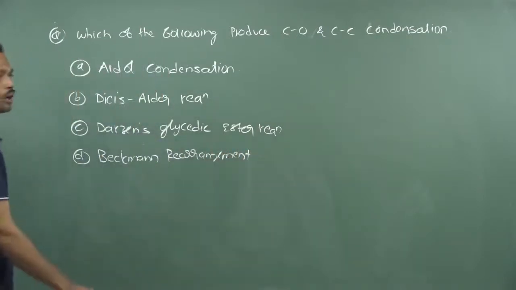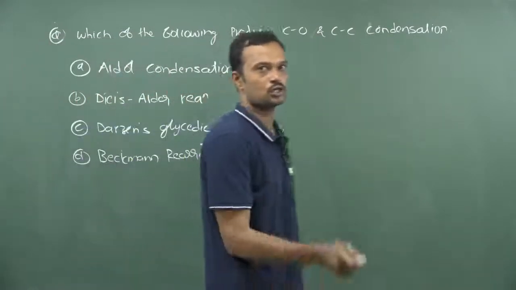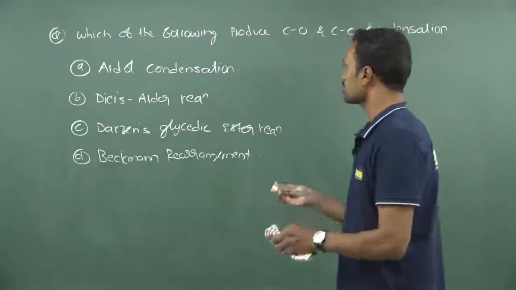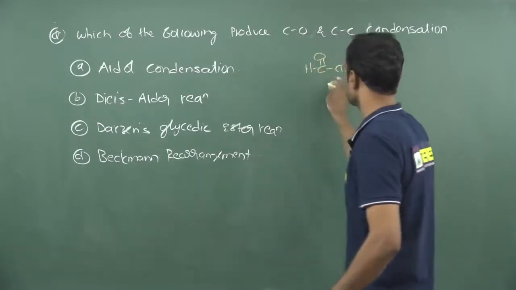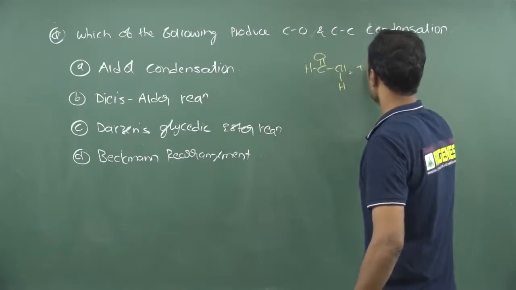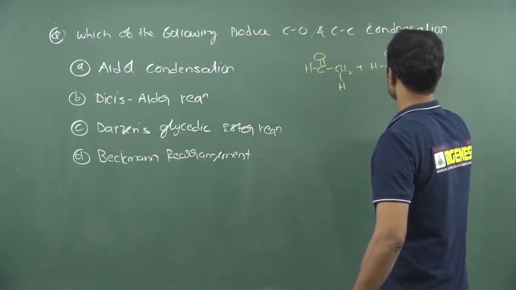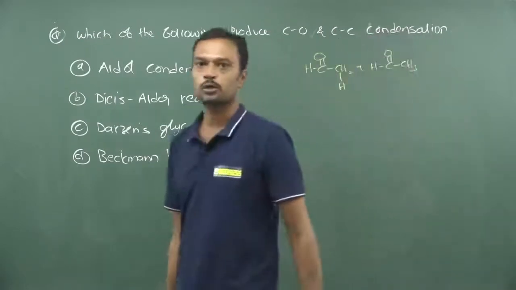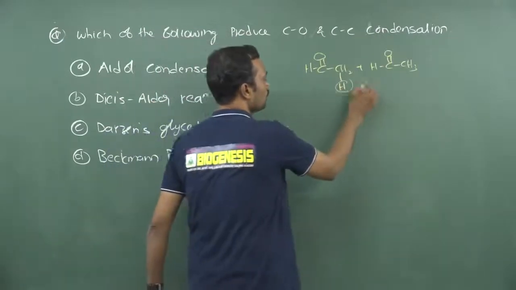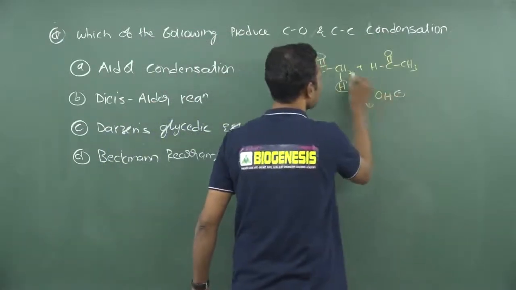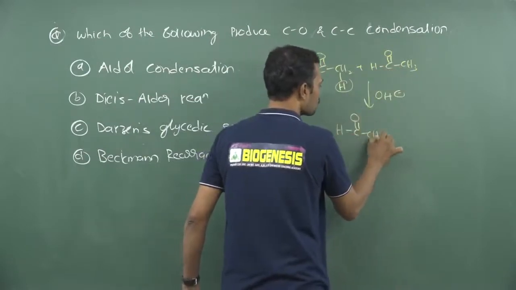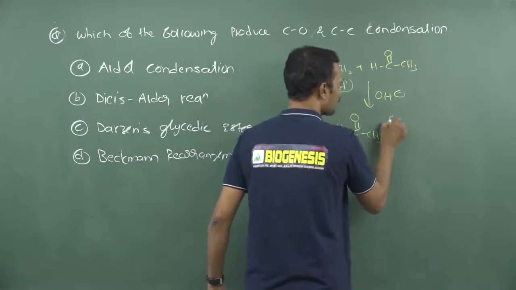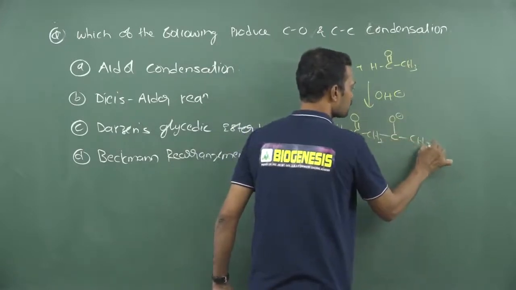Now most important, aldol. So we know aldol is not a C-C as well as C-O condensation, it is only a C-C condensation. Why? Because if you consider aldol, here this is the alpha carbon hydrogen. After removing this, here a hydrogen atom is present, and one more equivalent I am using here now. Acetaldehyde, acetaldehyde both are given, and if you remove this proton, then in presence of base, this anion will attack over here. So when the anion attacks on this carbon it gets converted to O minus, and here this is CH3 and here hydrogen.